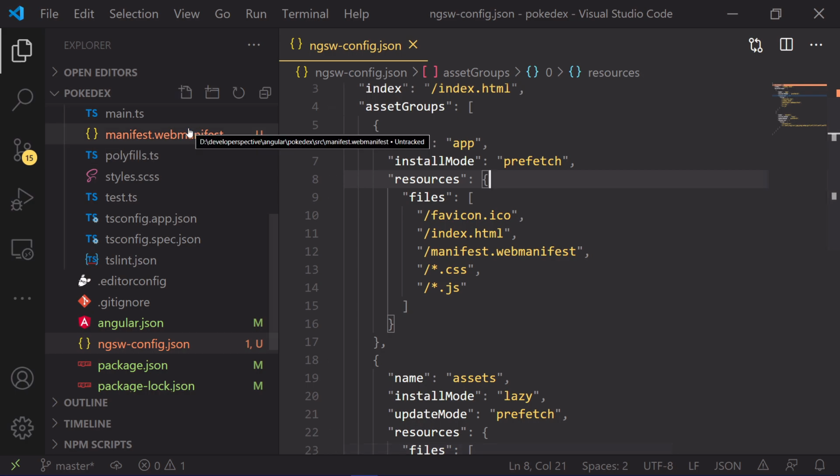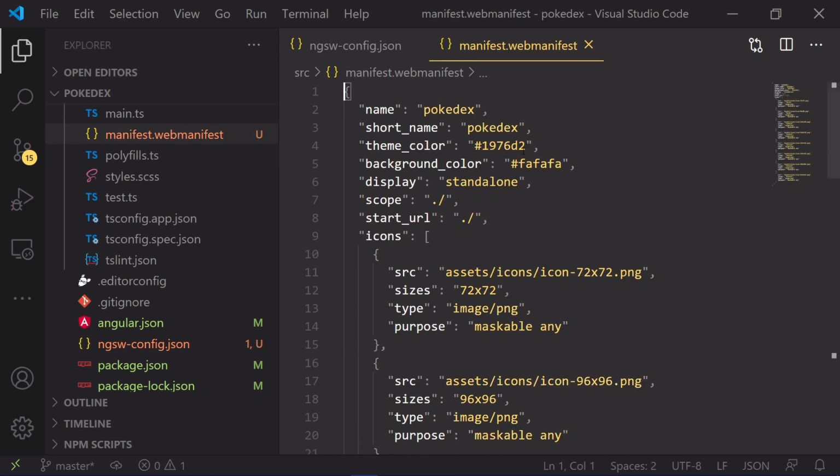The second file we will check is the manifest.webmanifest. It has the name of your application, the short name of your application, and the theme color. There was a theme color error which we were getting, and this solves that issue. We need to specify the display, which is standalone, the scope and the start URL. There was a problem with the start URL as well. It was asking for a start URL which was not present, so we are specifying that in this manifest. That is nothing but the root folder of the application.